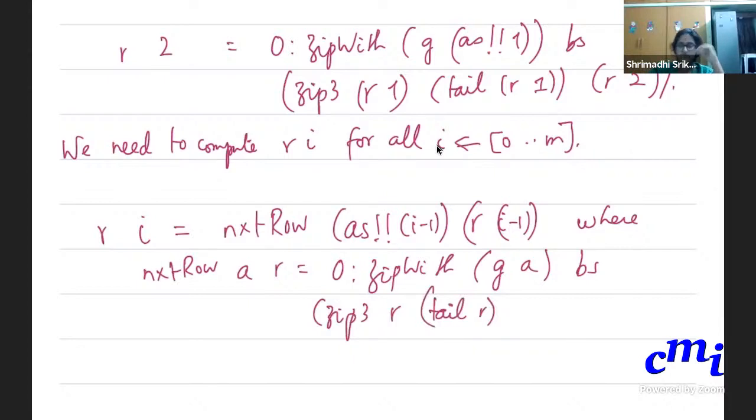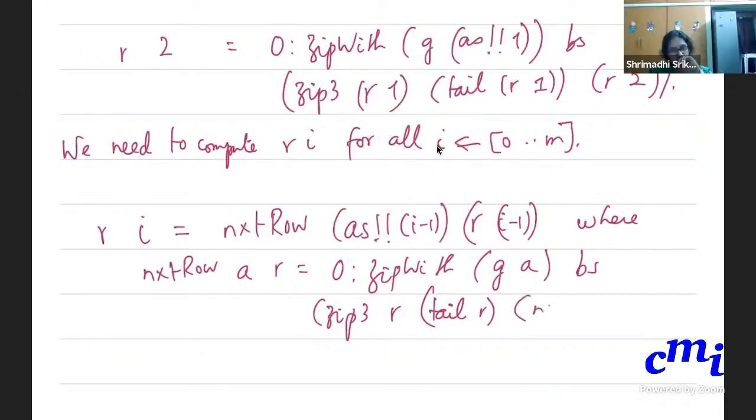We wanted to do something that does not mention i. This is really the point. You want to do something that does not mention i. But when you do not mention i, when R stands for Ri minus 1, what gives you Ri? It is next row of AR.